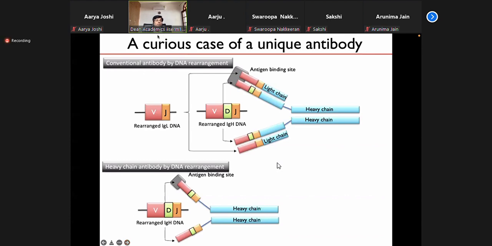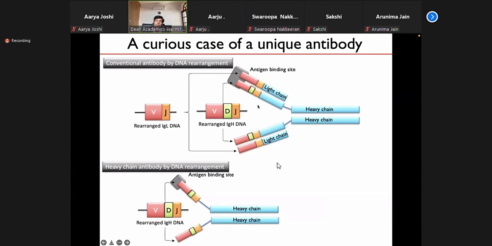Okay, well, any questions on monoclonal or polyclonal antibodies before we briefly talk about a unique antibody type? Okay, if not,